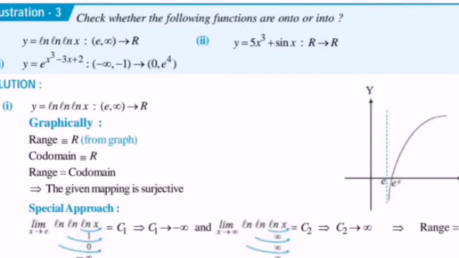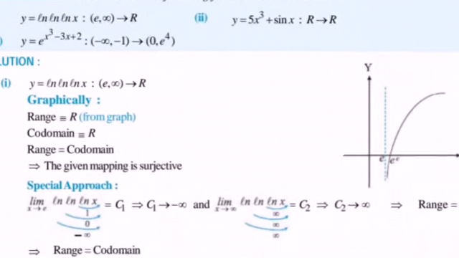So if you see in the first question, when we were dealing with one-one or many-one function, on solving ln of ln x, the range was minus infinity to plus infinity. We have seen that already, although we will discuss it in detail. So for ln of ln x, graphically the range is capital R, meaning the codomain is capital R. Range and codomain are equal, so the function is surjective.